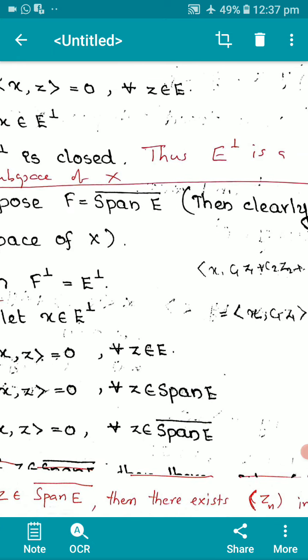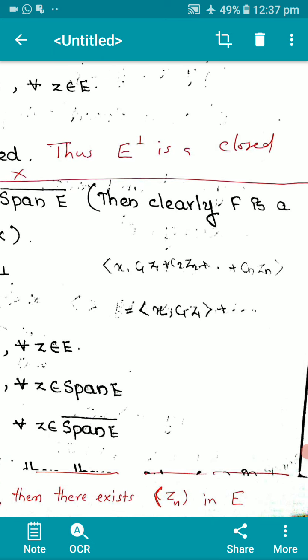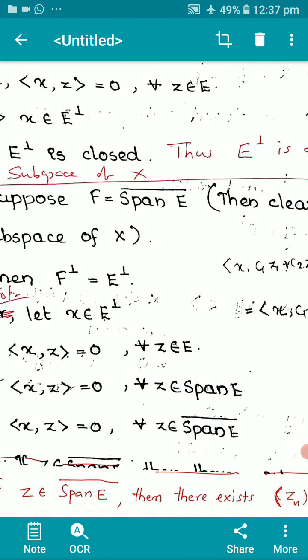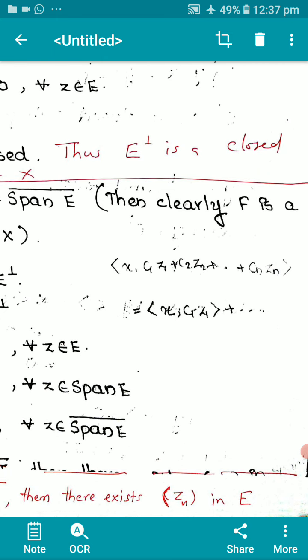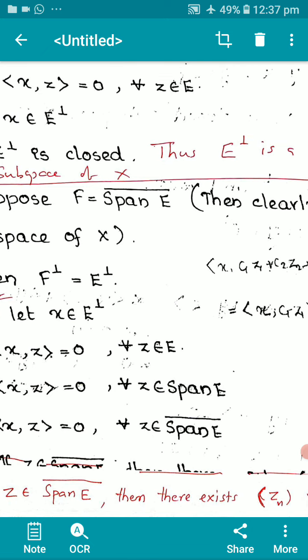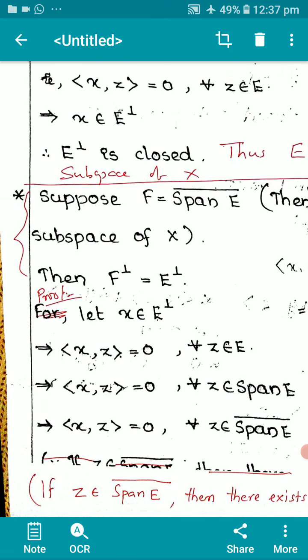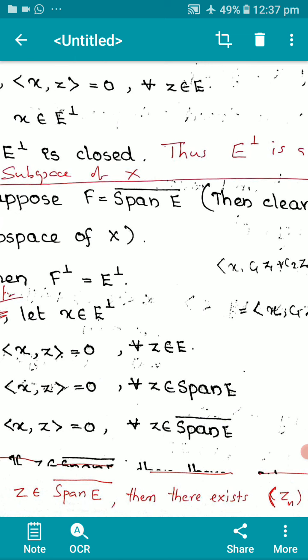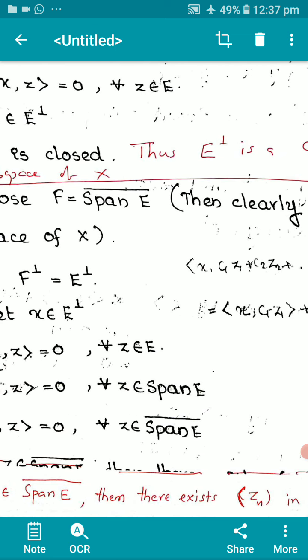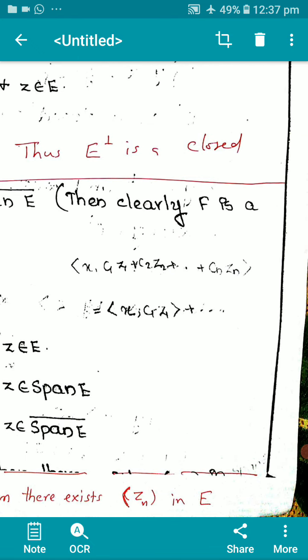We take F equal to span of E closure. And clearly F is a subspace of X. And we can prove that F perp is nothing but E perp. So take an element x in E perp, that is, inner product of x and z equals 0 for every z in E. Then the inner product of x and z equals 0 for all z in span E, and definitely inner product of x and z equals 0 for all z in span E closure too, because if z is in span E closure, then there exists a sequence zn in E